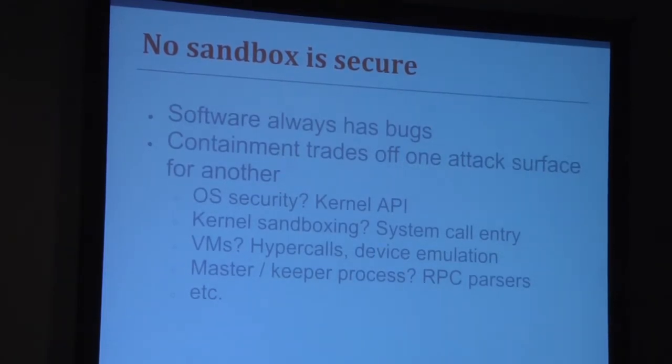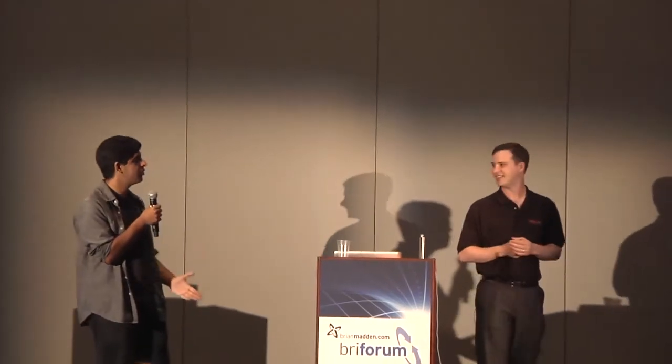So I'll believe you if you tell me your sandbox solution would stop 100% of existing attacks against this existing attack surface. But your sandbox solution is introducing a new surface, hopefully a smaller surface. Some of the ones I really like, like Native Client, have a very tiny new attack surface. That's why they're well designed. But you're still introducing some new surface for attacks. And what sort of new exploits can you make against the new attack surface? Yeah.